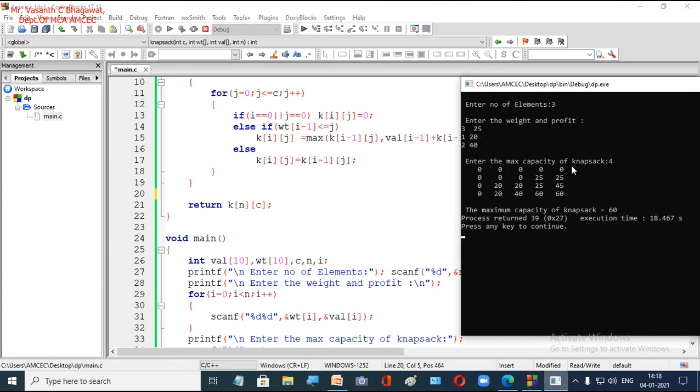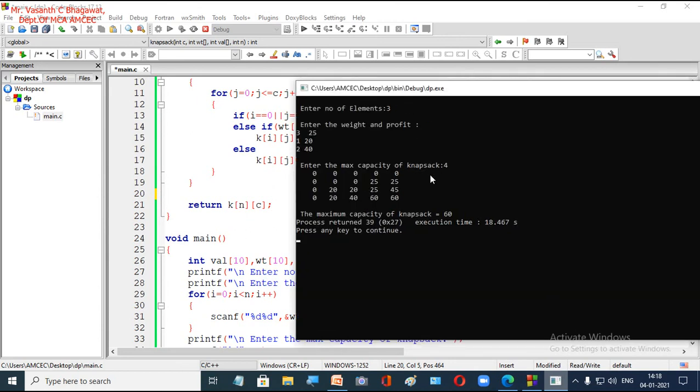The only thing is that you won't get this table. It does the dynamic programming, calculates the value and simply returns k of n comma c. That means this value 60 it returns, right?